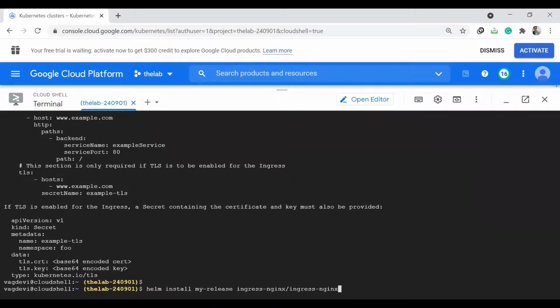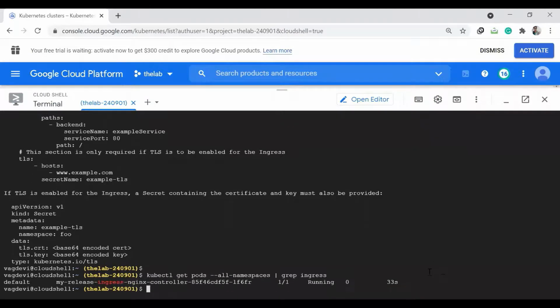And then now we shall again execute this command. Now we should see my-release Nginx Ingress controller, something like that, because we have set the Nginx Ingress controller right now. Okay, so this is the thing. So this says that this particular Ingress controller is set for us.